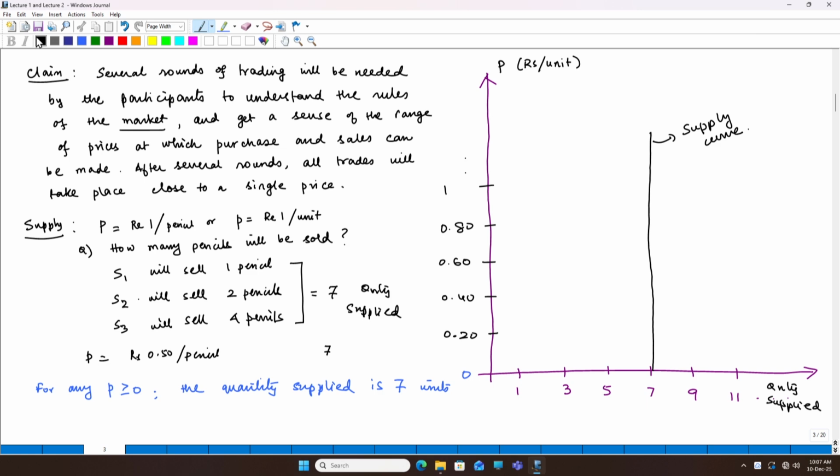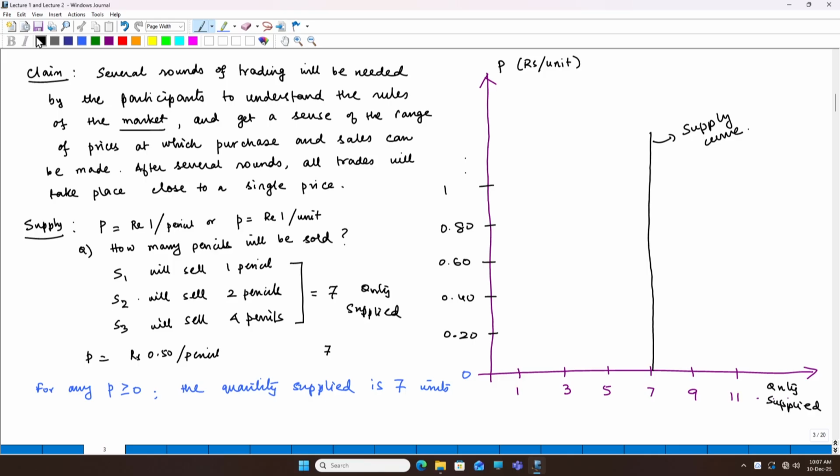We asked, if instead of 1 rupee per unit, the price was, let us say, 0.5 per pencil, would things have changed? Well, again the answer is no, because by not selling, the seller gets essentially 0. By selling the pencil, she gets whatever the price per unit is. So, if I am seller 1, by selling it at 0.5, I earn 0.5. By not selling, I earn 0. So, clearly 0.5 is better than 0, and therefore, seller 1 will want to sell, and the same logic holds